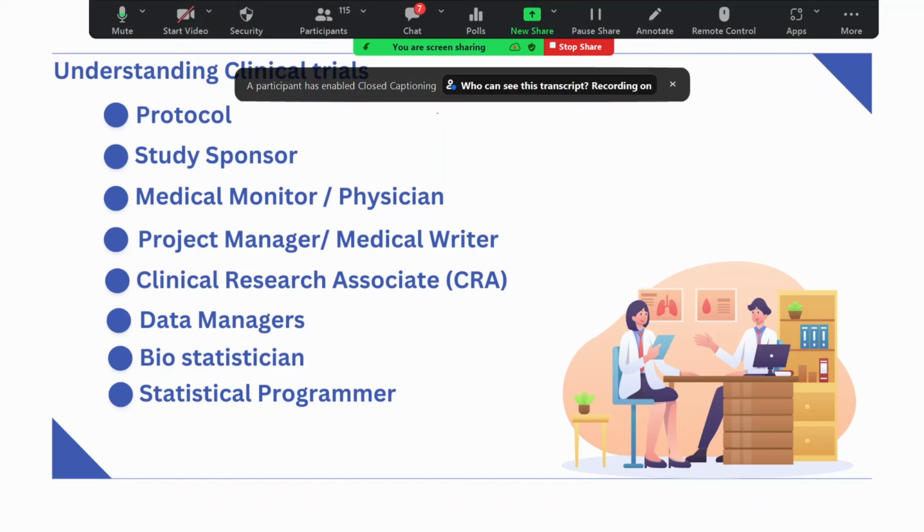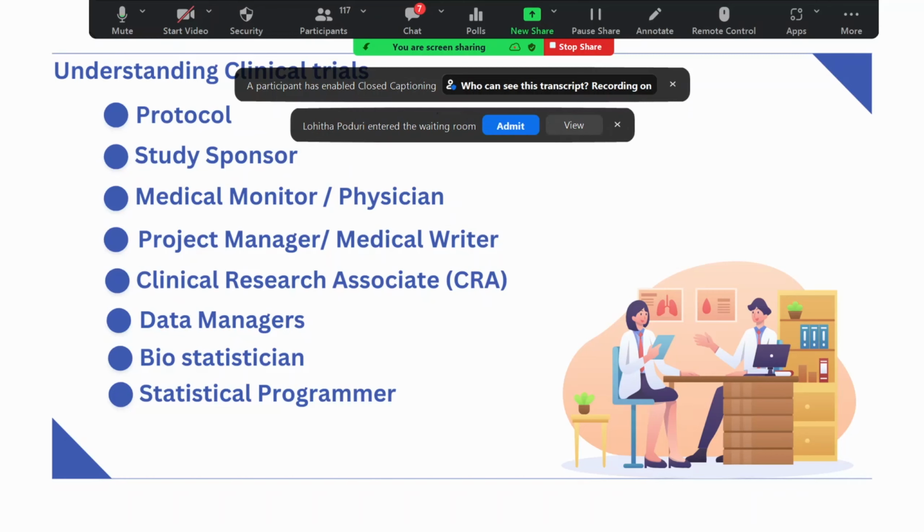Some of the key personnel involved in writing the protocol and conducting the clinical trial include the clinical program manager, who serves as a project manager and may have oversight over multiple clinical trials. The medical monitor, a physician who provides medical guidance in the design, execution, and reporting of the clinical trial. The clinical research associate, or CRA, who is responsible for monitoring the execution of the clinical trial at the clinical study site. The medical writer, who compiles and prepares the clinical documents, particularly those to be filed with